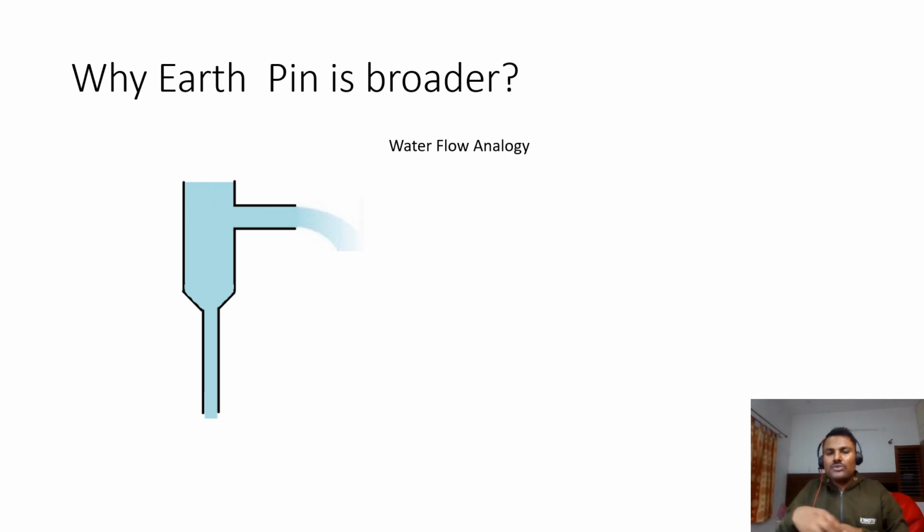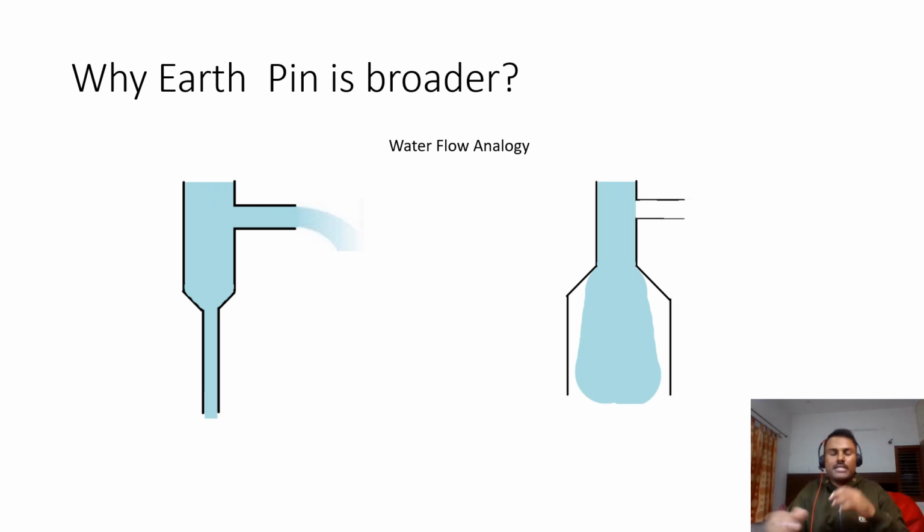This is what you can think of as leaking. In the right side image, water is flowing, but at the bottom the pipe is still broad, meaning water can flow easily, so even though the side pipe has a hole, water will